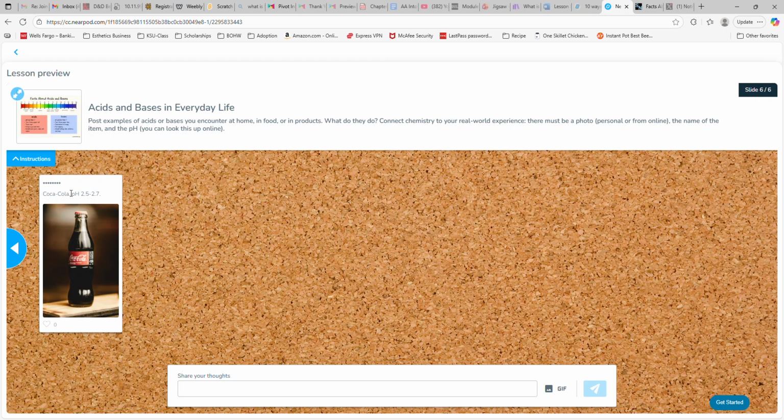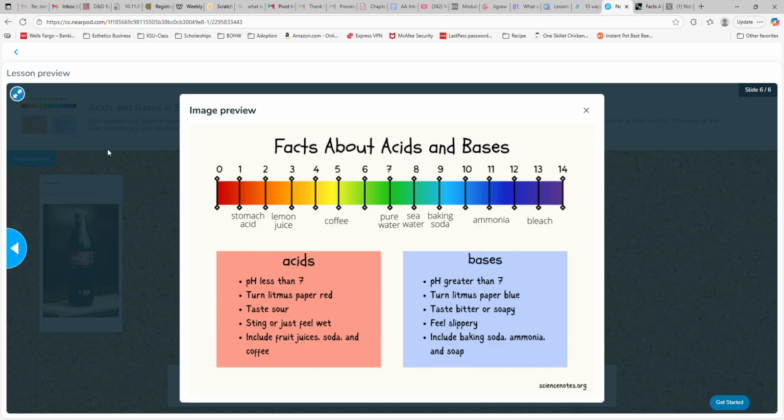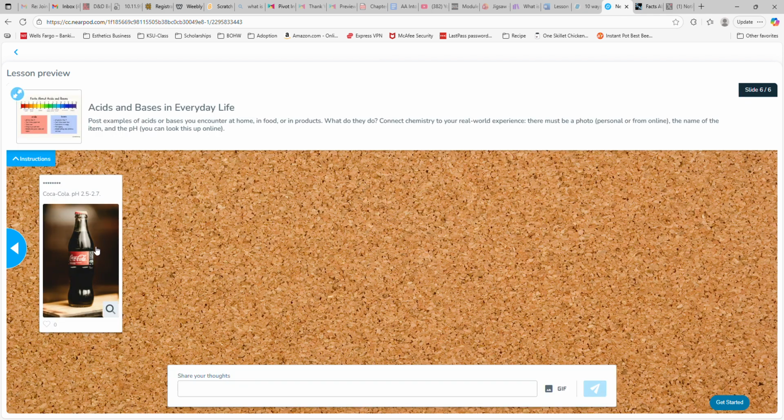But I picked Coca-Cola because, fun fact, it's just as acidic as lemon juice. So if we look here, coffee is less acidic than Coke. I just think that's a fun fact, and that's something that we drink a lot, and maybe you don't know it's extremely acidic. So I just want this to be fun for students,